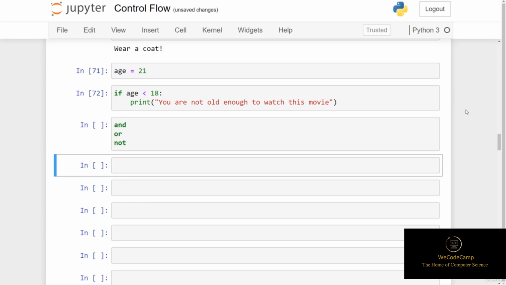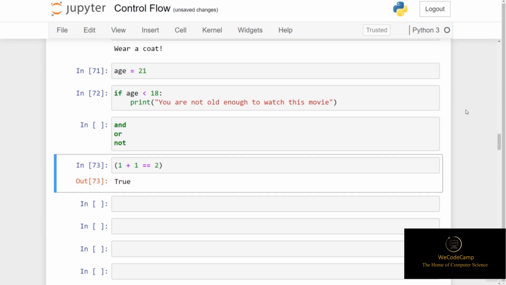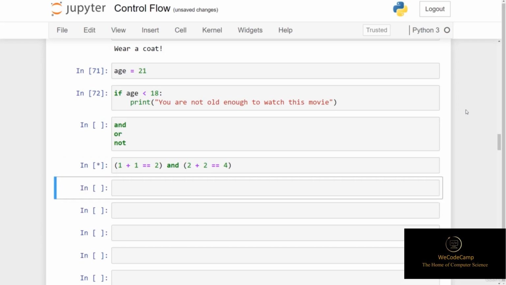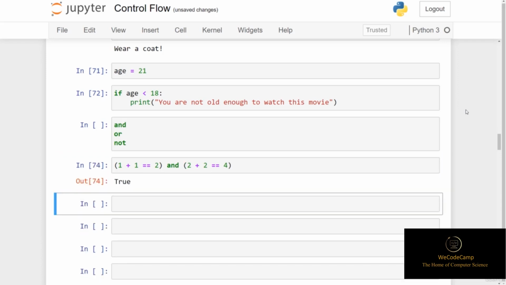So let's say we wanted to check numeric calculations. If we put 1 plus 1 is the same as 2, we know this will evaluate to true. But if after this expression we put the keyword AND and then add a second expression, which is 2 plus 2 is the same as 4, when we run this, we also return true,